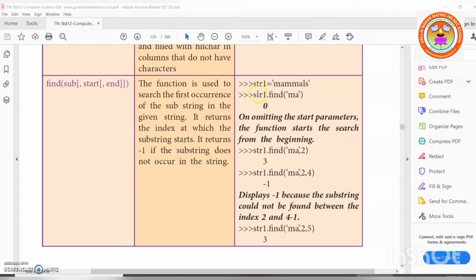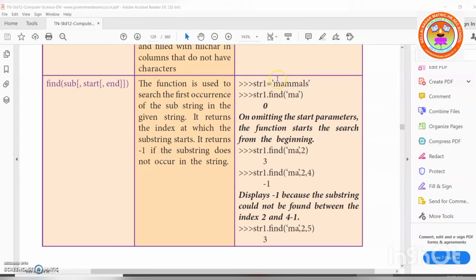Right. str1 is equal to mammals. The indexes are 0, 1, 2, 3, 4, 5, 6. Now str1 dot find MA. It is checking where MA is starting.